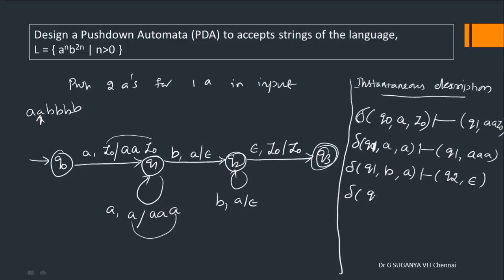Then you have Q2, comma B, comma A is the top of the stack before transition, and after reading the input symbol, you can stay in Q2 by popping out the symbol. Finally, from Q2, if epsilon is your input and Z0 is the top of the stack, enter into final state Q3, having Z0 as the top of the stack. So this is the instantaneous description of your push down automata.